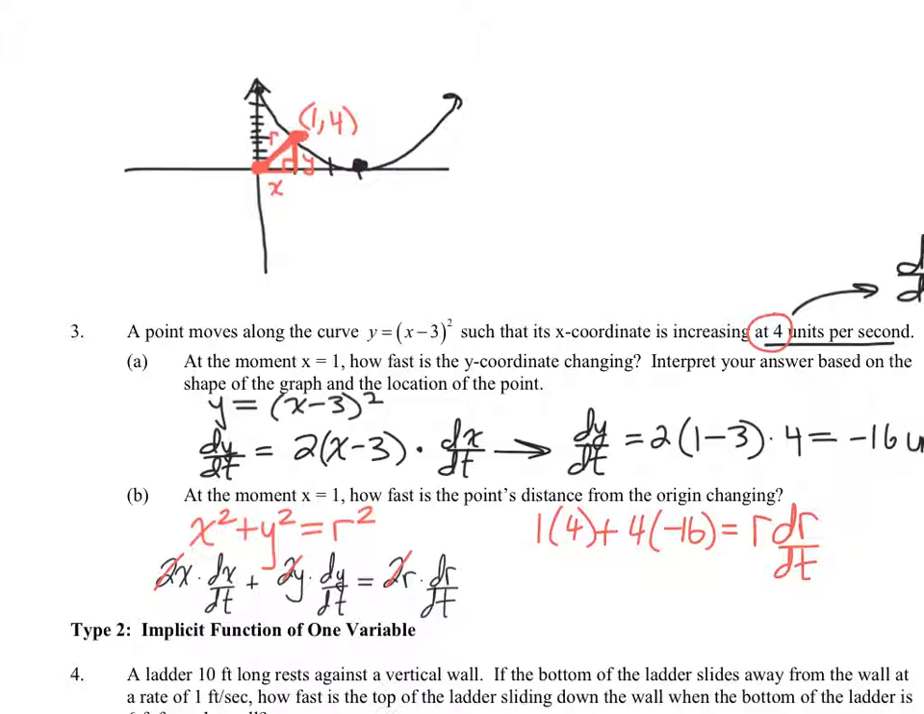All right, just kind of off on the side. We have a leg of 1, another leg of 4, and I'm looking for r. Pythagorean Theorem. It's the sum of the squares, right? So square root of 17. All right, so I'm taking the 4, subtracting from it 64, so negative 60. Am I right there? 4 minus 64, negative 60, over rad 17. So dr dt